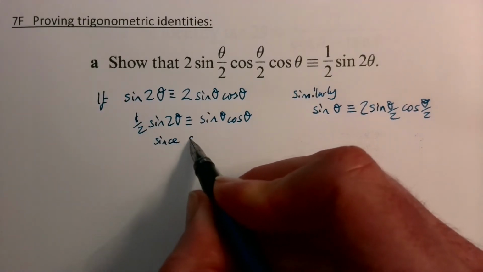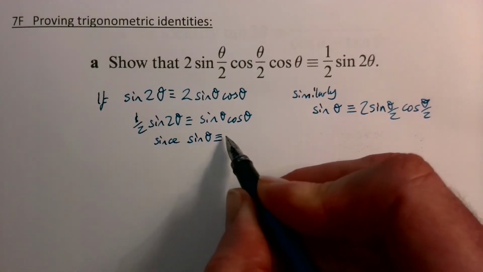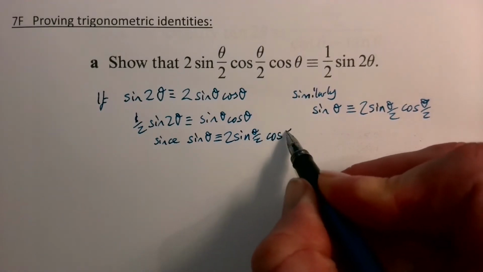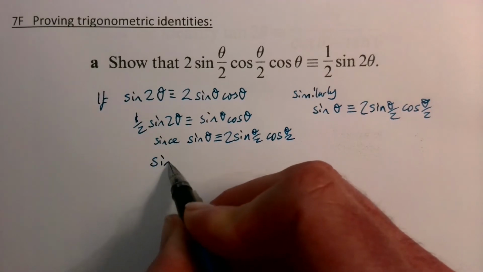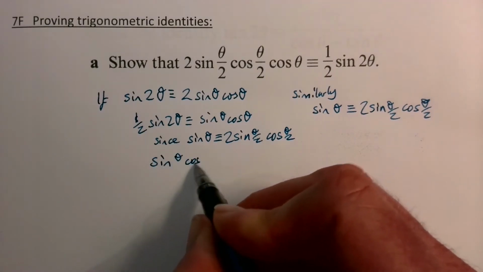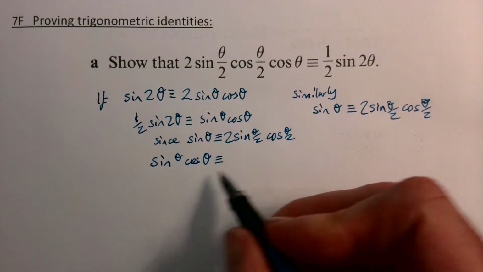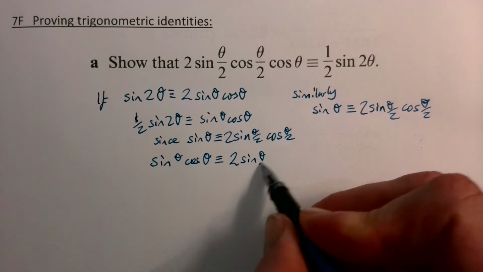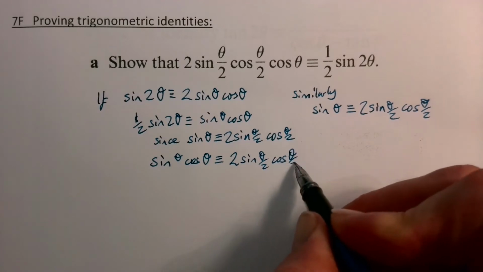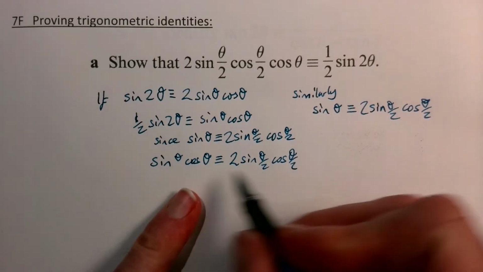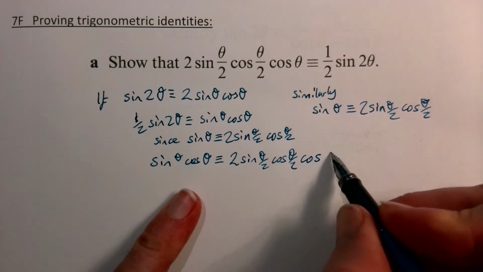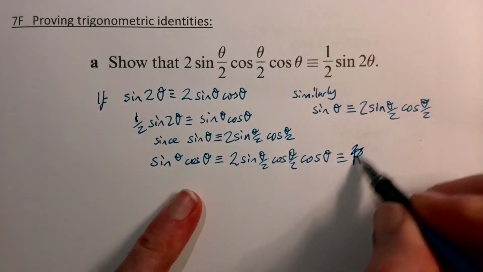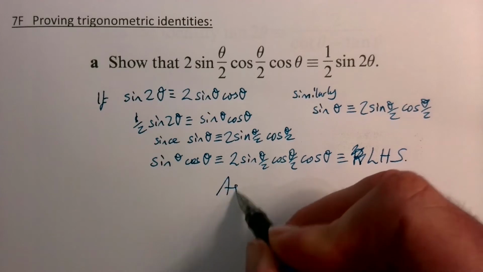Since sine theta is identical to 2 sine theta over 2 cos theta over 2, we can say that sine theta cos theta is identical to 2 sine theta over 2 cos theta over 2 times cos theta, which is identical to, not the right, that's the left hand side, isn't it,